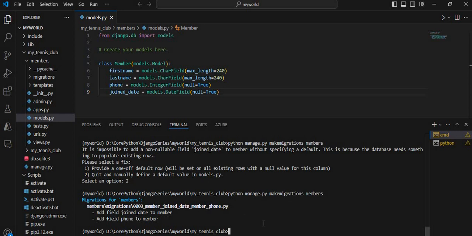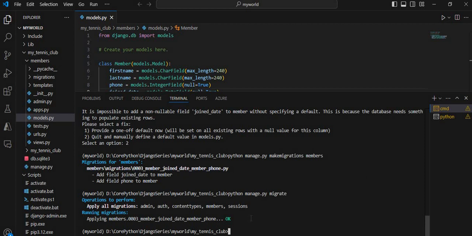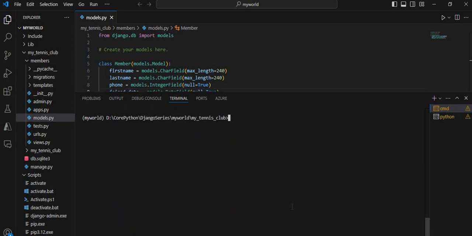So now it's time to run the migrate command: python manage.py migrate. Let me show you the migrate result. As you see, I am going to run my server. CLS. I am going to run my Python shell for Django, and here I am going to select from